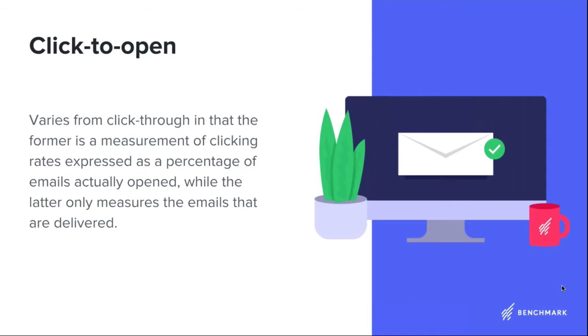The click to open, of course, is the click after they've opened. So before, the click through was just out of the number of people who received the email, who are the people that clicked. Now, the click to open is different. This is quantifying those who physically opened and who clicked through. So I like to think of this as the success. Where did they go? Why did they click? What were the reasons why they clicked? Those are your key performance indicators.